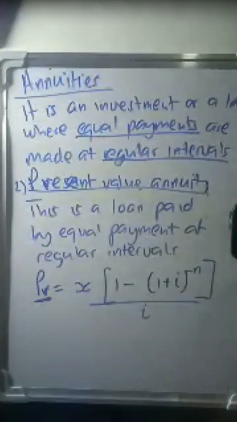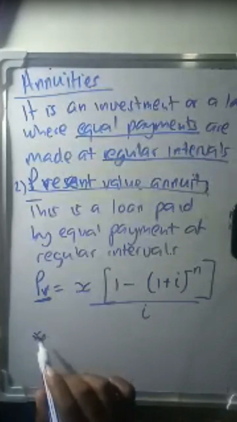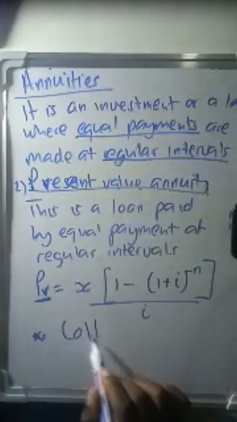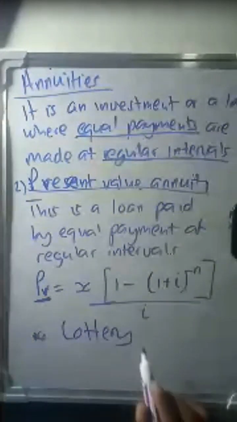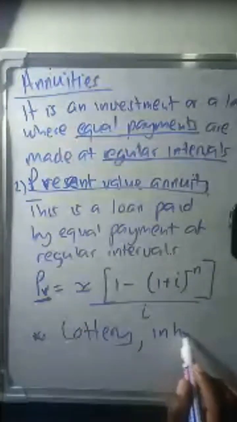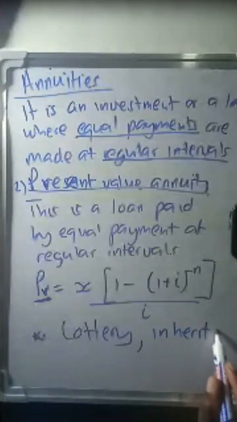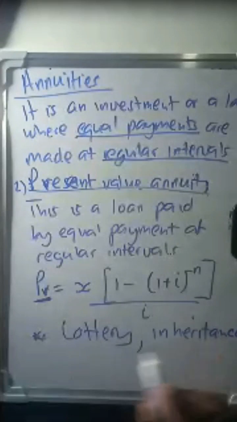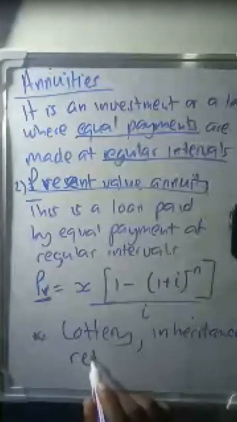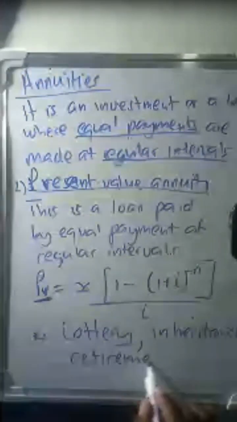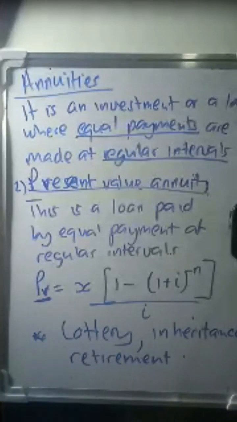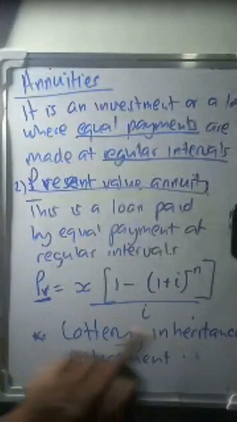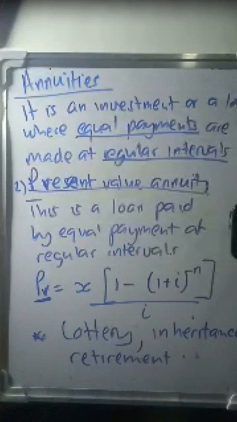For example, lottery. For example, inheritance. For example, retirement. I want to explain how these become present value annuities. Guys, let's interact. Okay, lottery. Oh, I wish I could win lotto. Lottery,